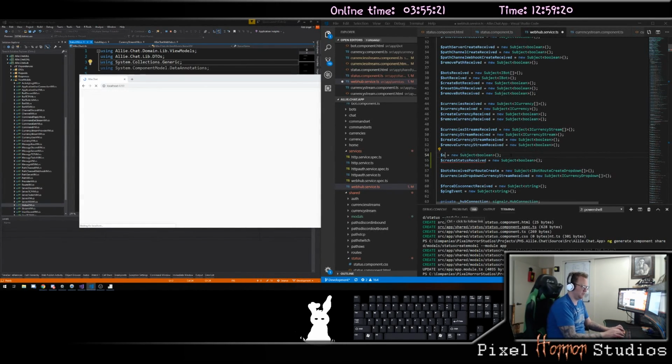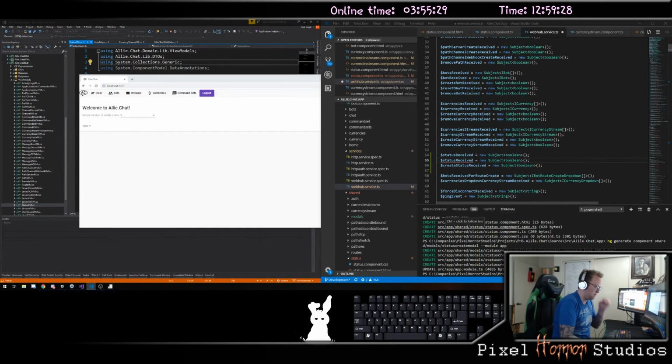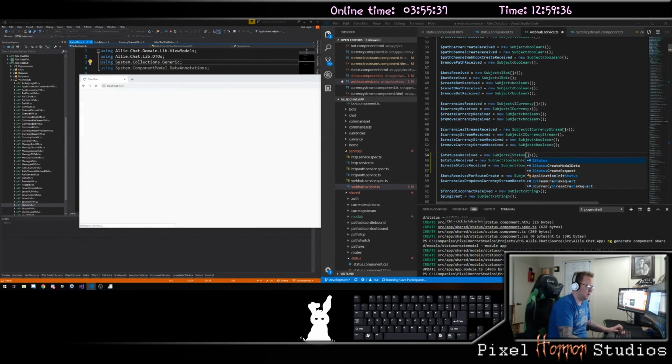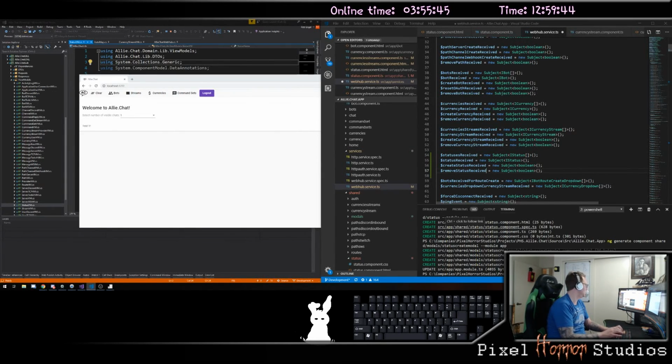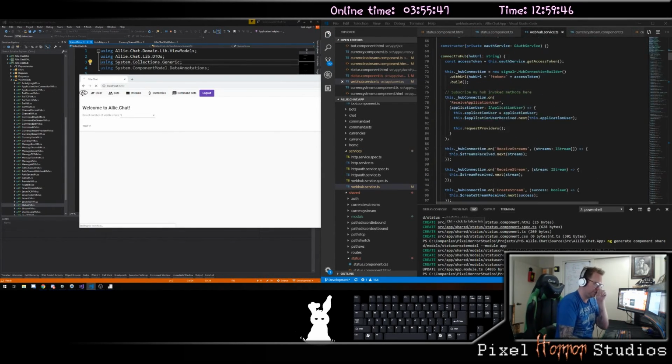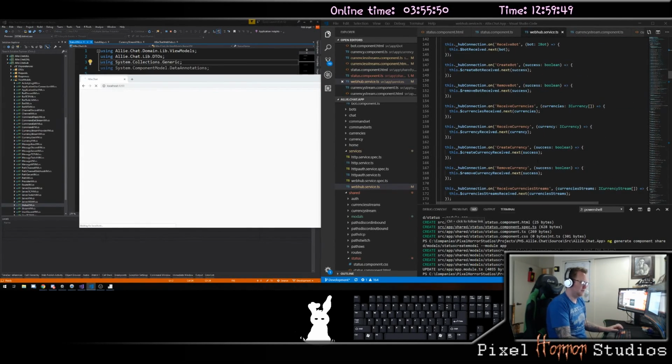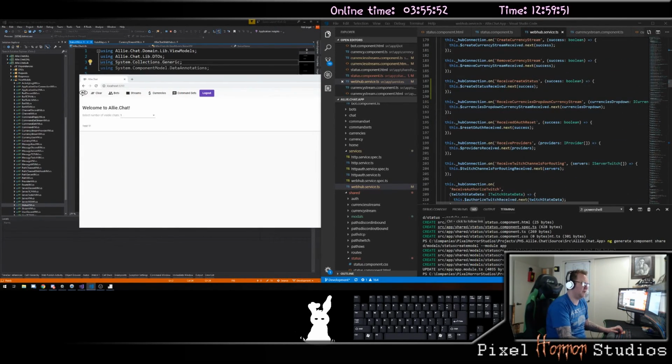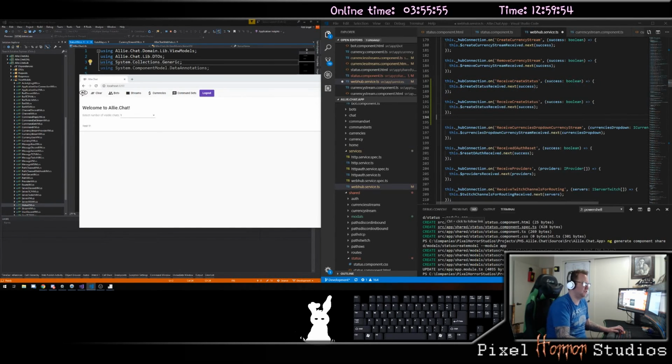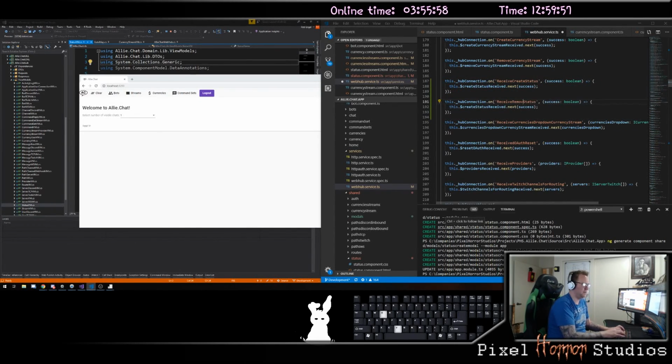You also want to have one called statuses received, and then another one for statuses received, which will be an IStatus, and then an IStatus, and then a remove status received. So we have a receive create status, receive remove status,